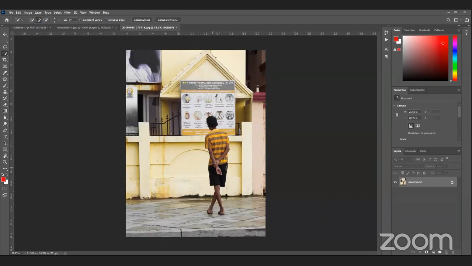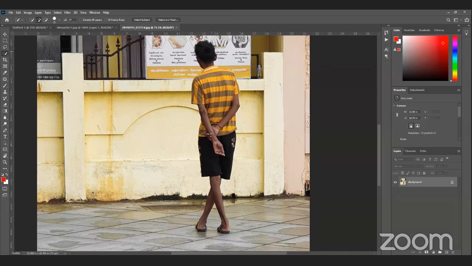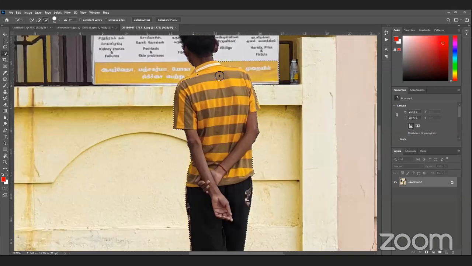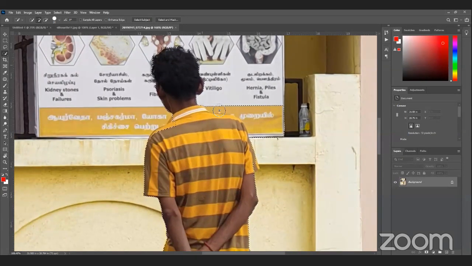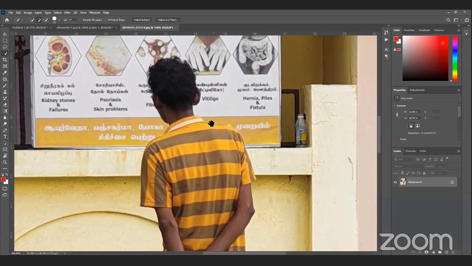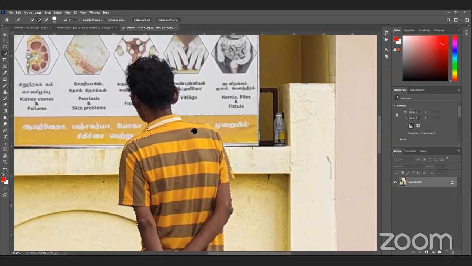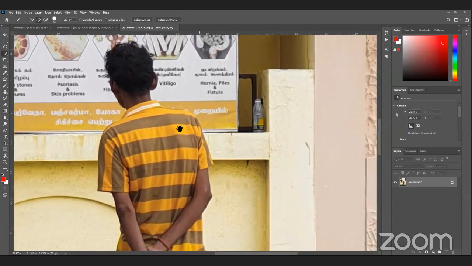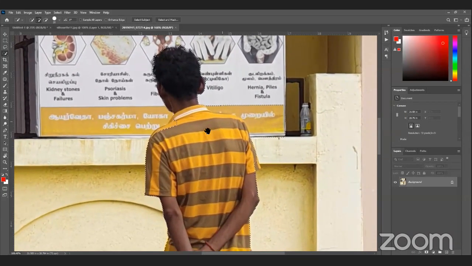So to make the perfect selection becomes very difficult for us, and we have to make some adjustments like we did. That adjustment can be done by zooming in on the image with Alt and scroll up, and the hand tool to move your image canvas by pressing the space bar on your keyboard, and mouse left click on it and hold and move.